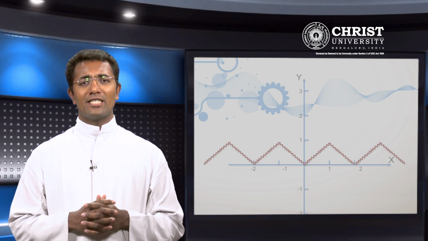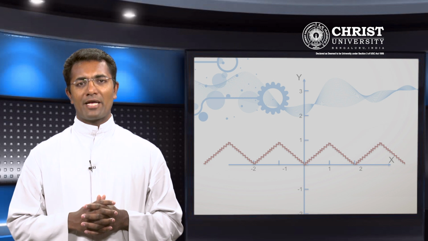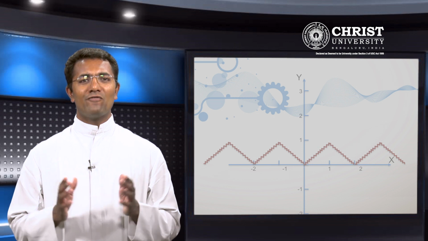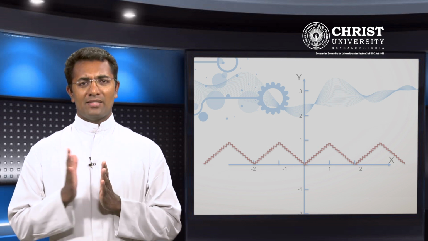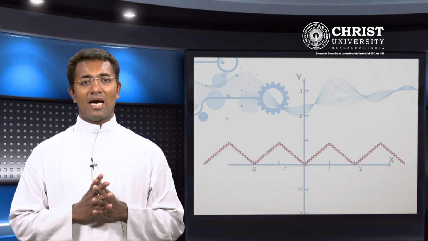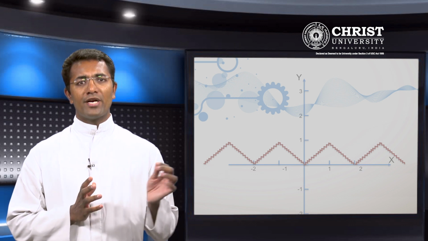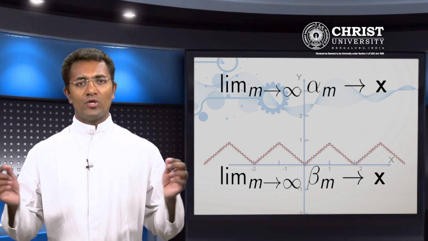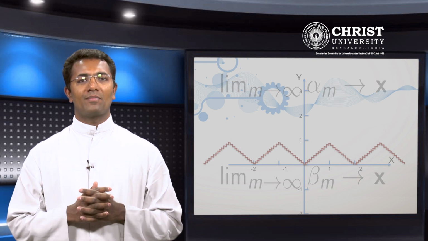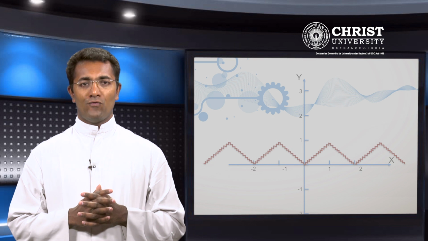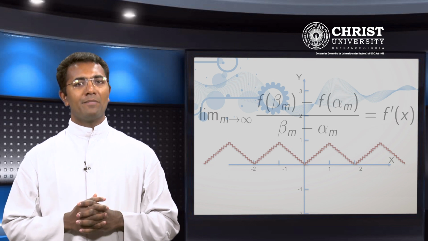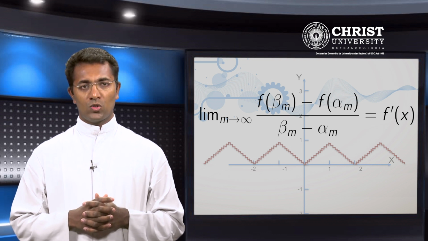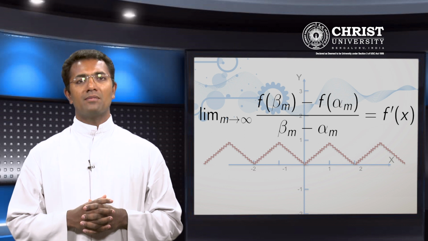As m approaches infinity, 1 upon 4 power m approaches 0. Moreover, we see that x is sandwiched between alpha sub m and beta sub m. As m approaches infinity, the sequences alpha sub m and beta sub m approach x from left and right respectively. It is not difficult to prove that for two such sequences, limit m tends to infinity, f of beta sub m minus f of alpha sub m upon beta sub m minus alpha sub m is f dash